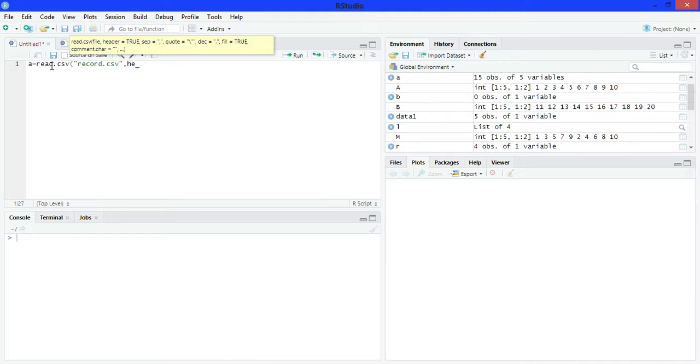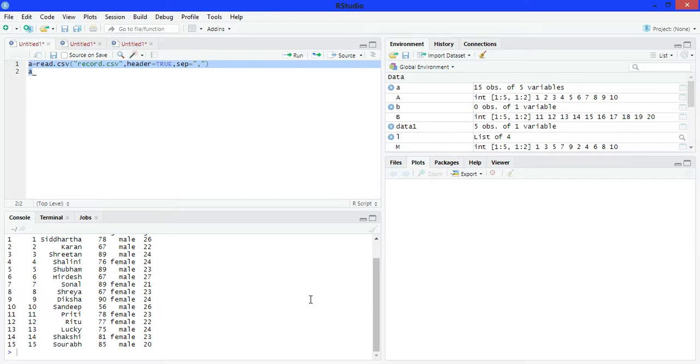Write here header is equals to true, and because it is comma separated value, so write here sep is equals to comma. Okay, now run it. See, here we got our record of file as output.